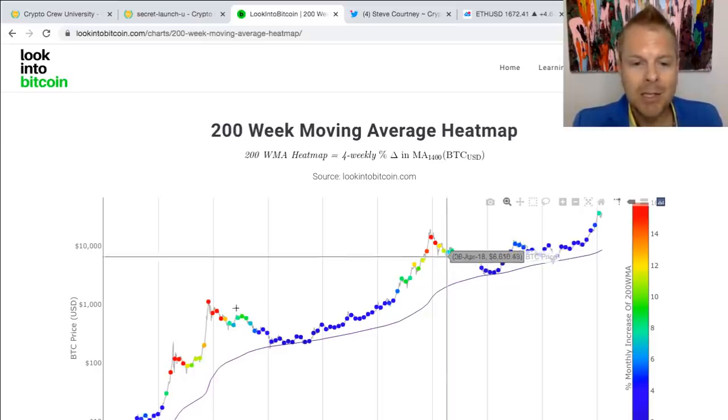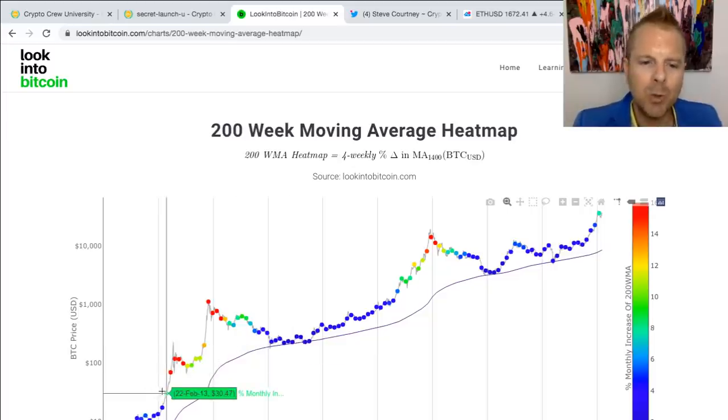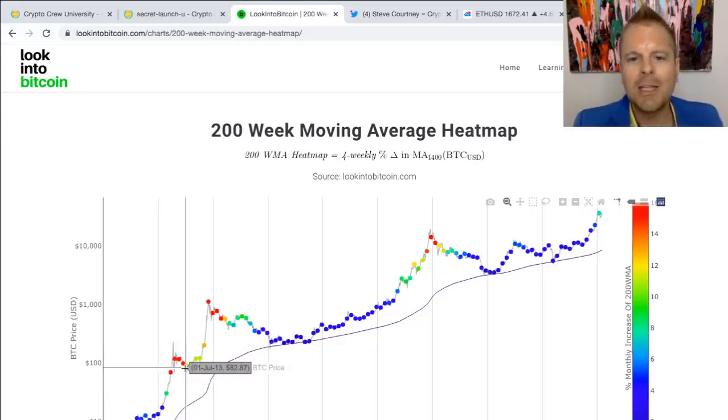It means that our super cycle is in reach. It means we can almost touch it. We can almost feel it. Anytime we start moving into these lighter colors, that's when the market doesn't go like this. That's when the market starts to go like this. You can think about it when you're a kid and you're running down a hill or sledding down the hill. That steepness of the hill tells you how